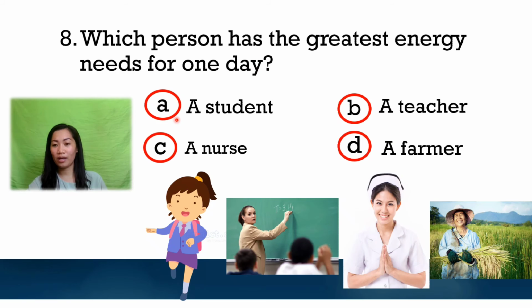Okay, for this number, again, these are the people who need a lot of energy. For those people who are working under the heat of the sun, they need a lot more energy than the others. So which of the following persons needs more energy for one day? Is it the student, the teacher, the nurse, or the farmer? You can now write your answer on your notebook, and let's move on to the next question, which is number